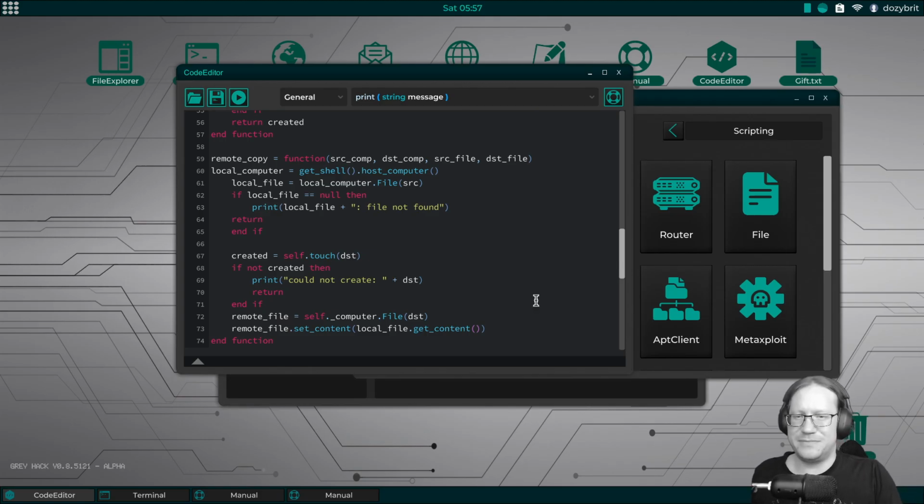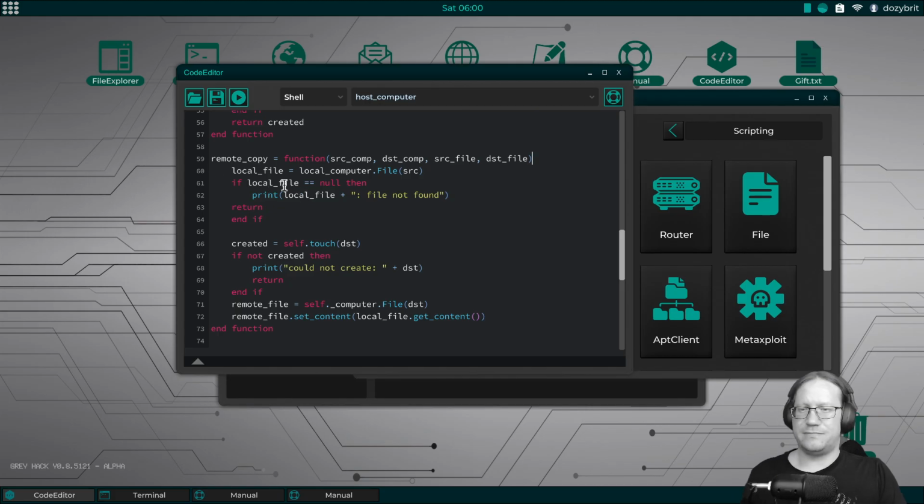Okay. Don't use this. What did we call this? We called this source comp and